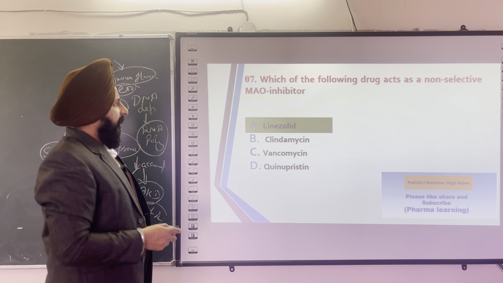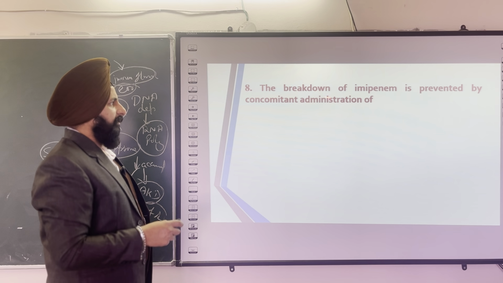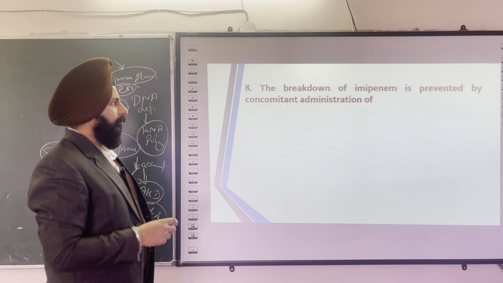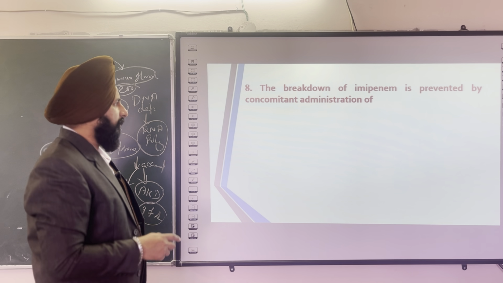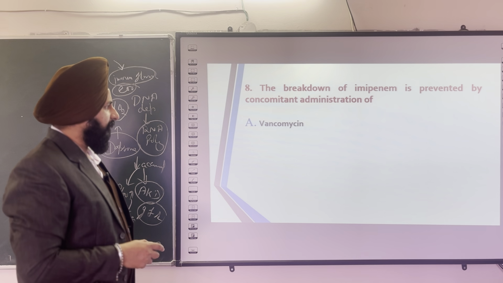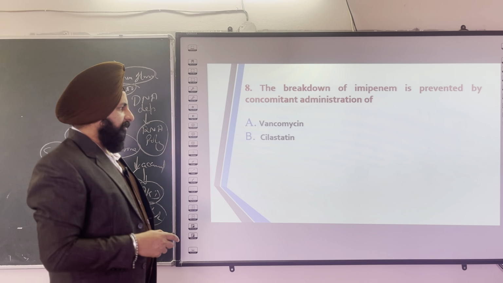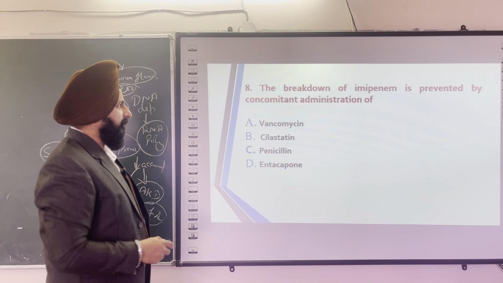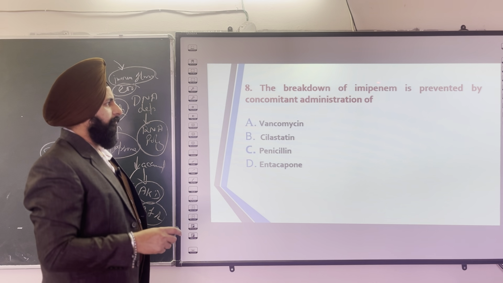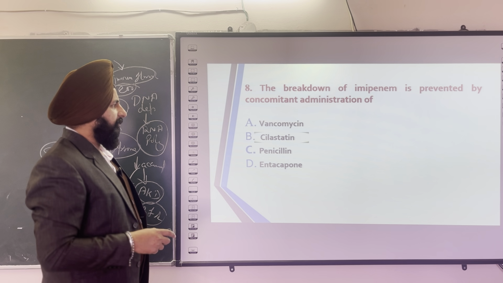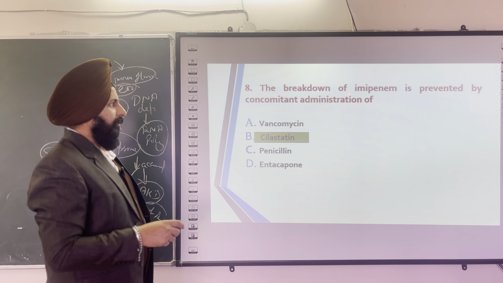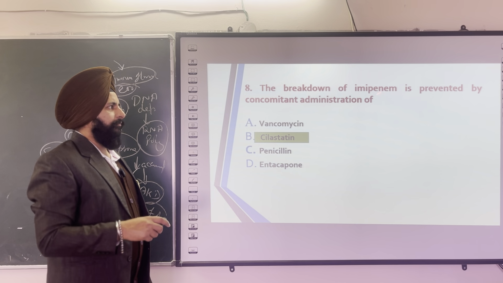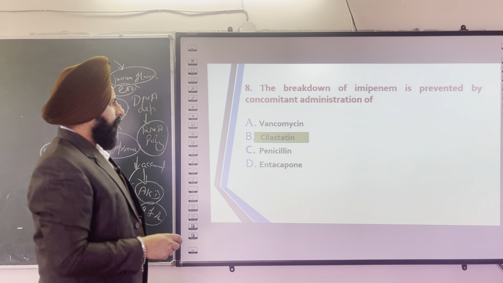The next question for this series is, the breakdown of imipenem is prevented by concomitant administration of the following. The options are vancomycin, cilastatin, entacapone, and penicillin. You choose the correct answer, that we give a combination of imipenem with which. The right answer is cilastatin along with imipenem. They are co-administered to prevent the imipenem breakdown, because whenever you give